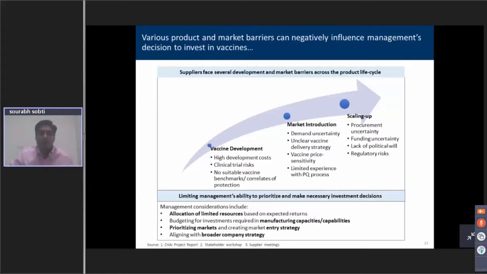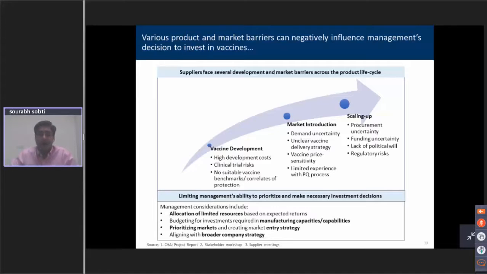A good example was the Ebola outbreak in 2014, where a couple of vaccine manufacturers were very close to developing a product, but the Ebola incidents were trickling down, and hence there was no way to measure the efficacy of the vaccine unless doing an in vitro or computer modeling.